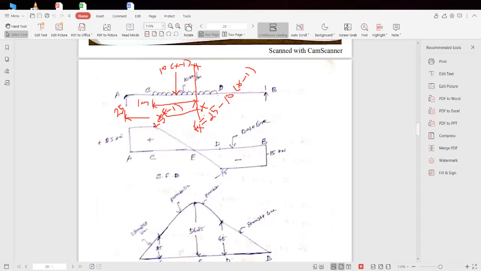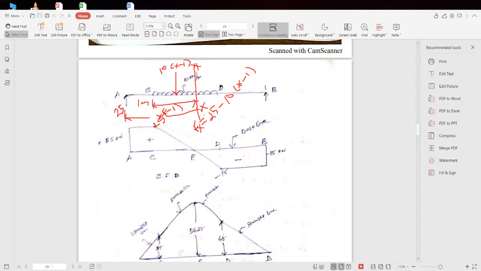Now I can see here at point D. At point D, I need to know the shear force value. Therefore, at point D, what is the x value? Here 1 meter. This load is acting 4 meters. So 4 plus 1, 5. So from the A, at point D x is equal to 5 meter. So here I can substitute 5 meter. I will get the shear force value at D, right? So here 5 minus 1, 4 into 10, 40. So minus 40 plus 25, minus 15. Therefore, shear force at D will be equal to minus 15.